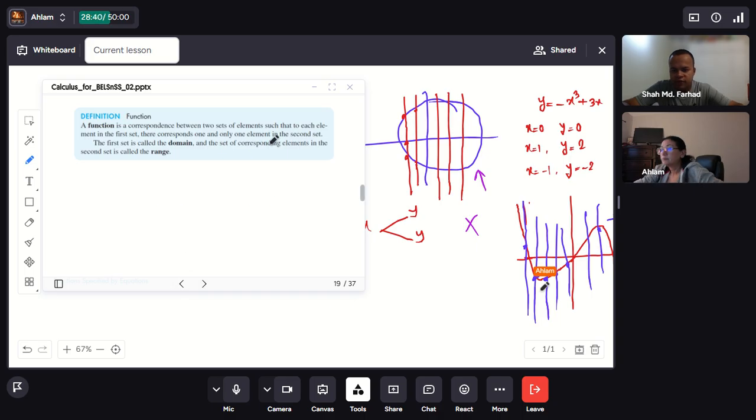And here is the definition of the function now. A function is a correspondence between two sets of elements such that to each element in the first set, there corresponds one and only one element in the second set. That means now